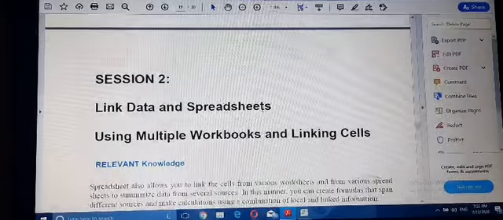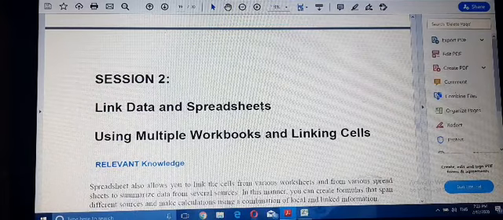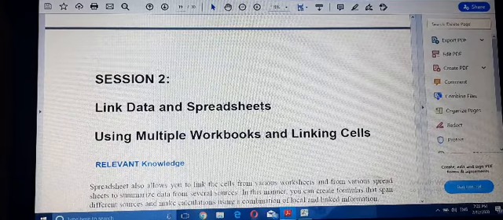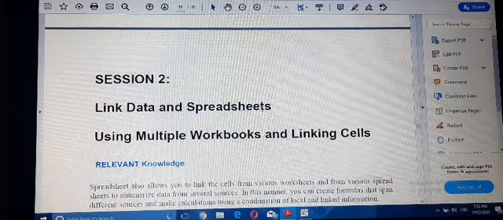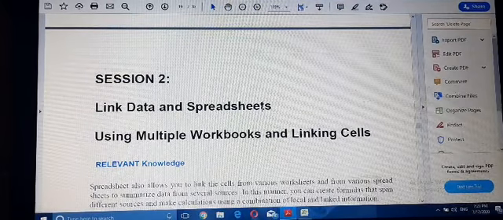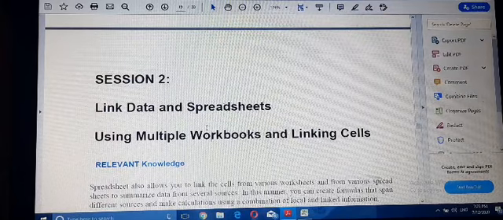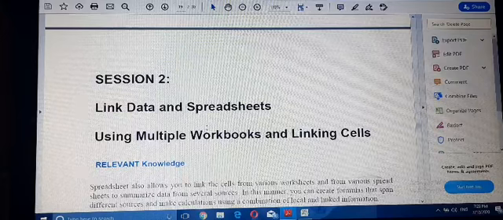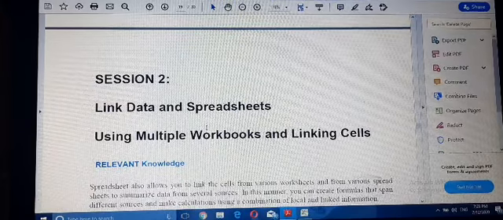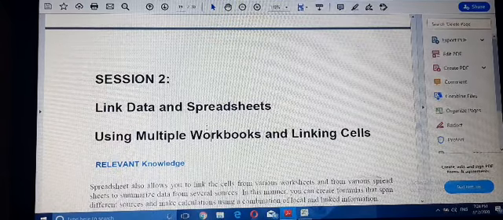So, why do we link? We link cells to access data from other cells. When a cell is linked, any modification in the source cells updates the destination cells.